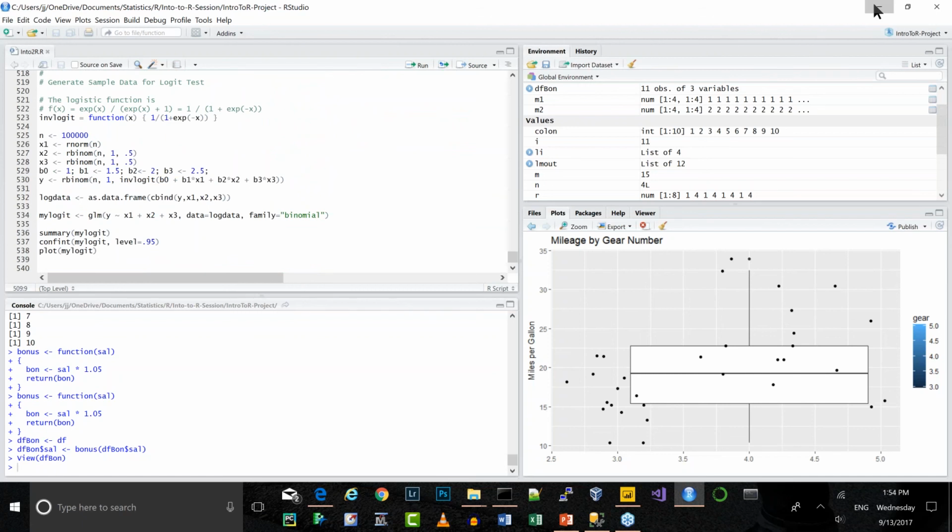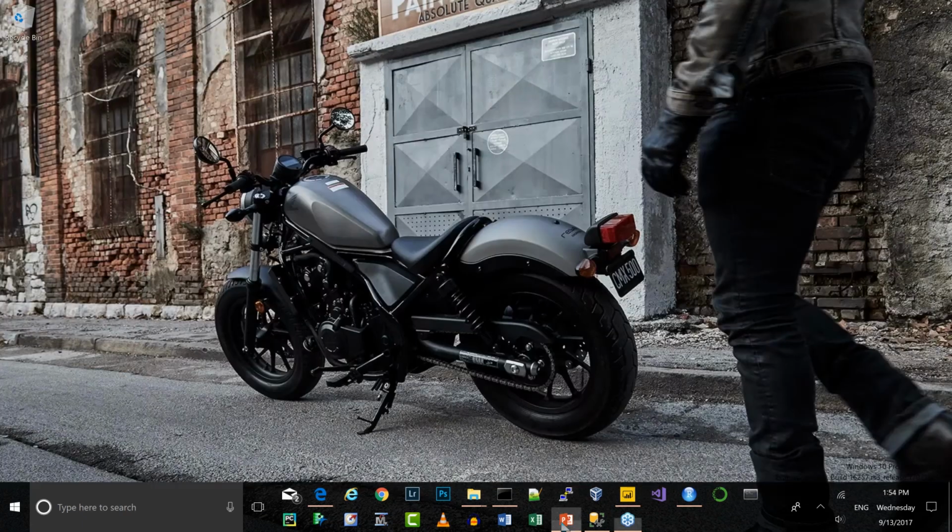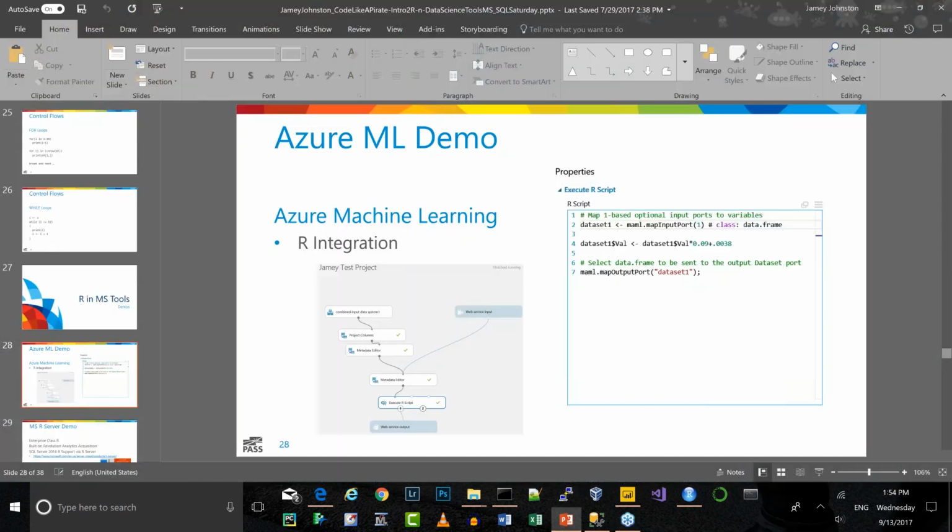So let me get back to the slides. I just want to go real quick. So where does Microsoft have R investments? The investments are in their products. Azure ML. If you do Azure Machine Learning out in the cloud, which is a drag-and-drop environment in the Azure space where you can take data science type projects, they have an execute R script function in there, and you can